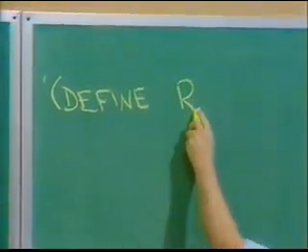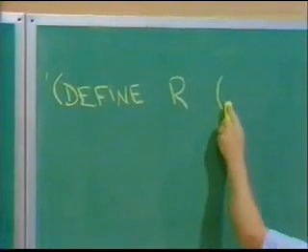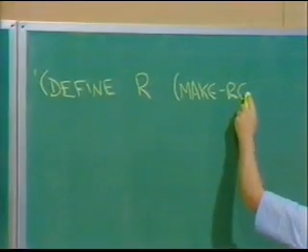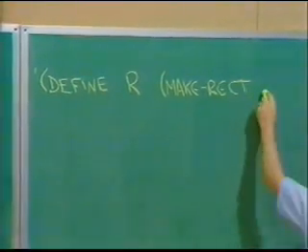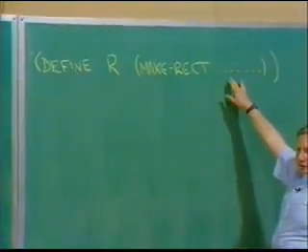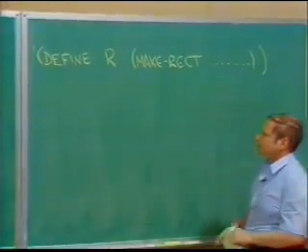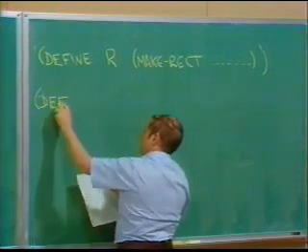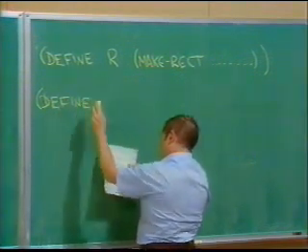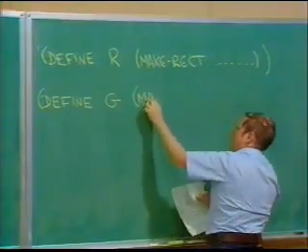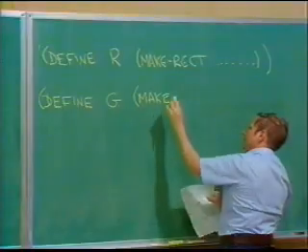R to be make rectangle of some stuff, and I'd have to specify some vectors here using make vector. And then I could say define, say G to be make picture,